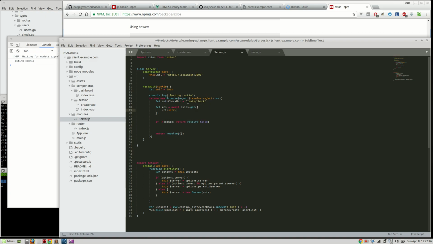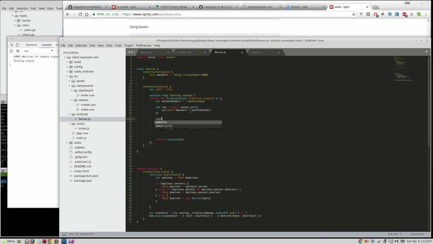Self dot base URL plus auth check URI, and console log response for that, and we should get